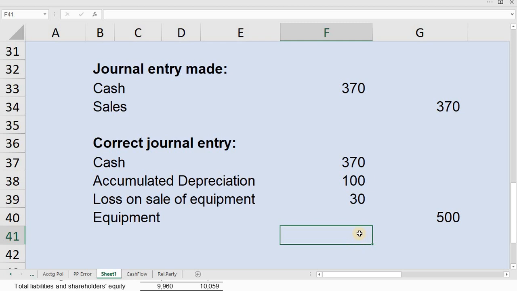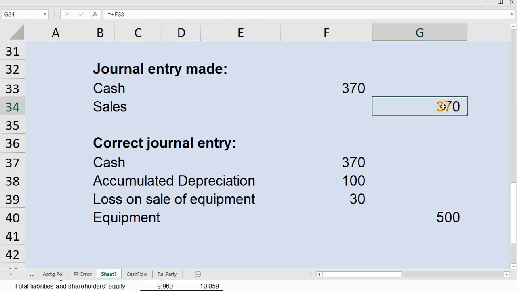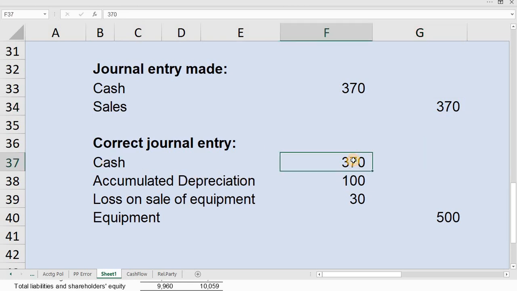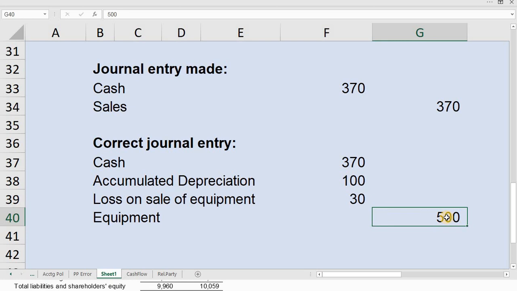So it means the entry recorded by the entity is a debit to cash at 370 pesos and credit to sales at 370 pesos. However, as we all know, this is not the correct entry in recording a sale of equipment, which is a fixed asset, and not an inventory. The correct journal entry should be a debit to cash for 370 pesos, and we need to derecognize the equipment account. The cost of the equipment is 500 pesos, and the related accumulated depreciation is 100 pesos, and that is